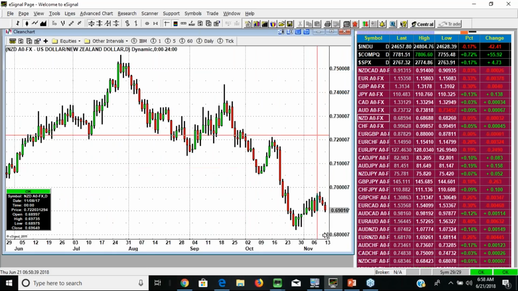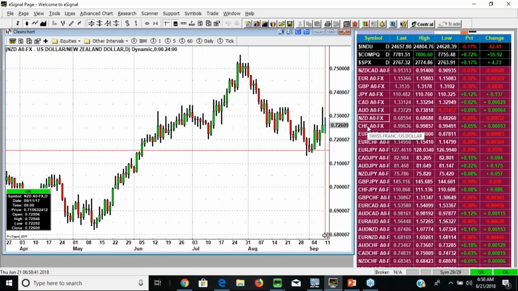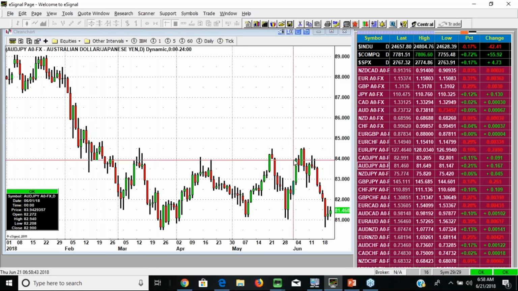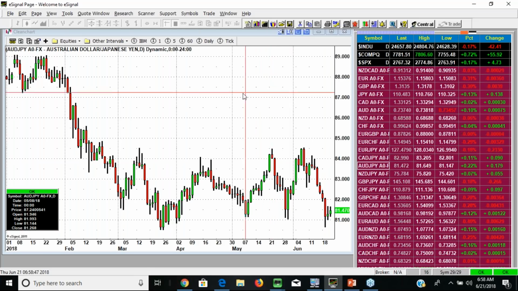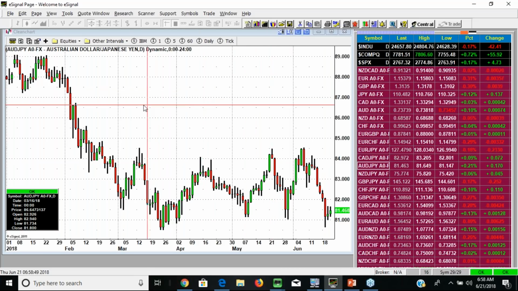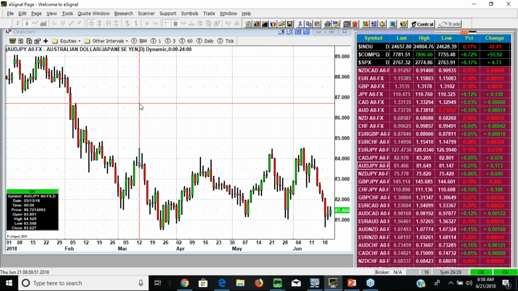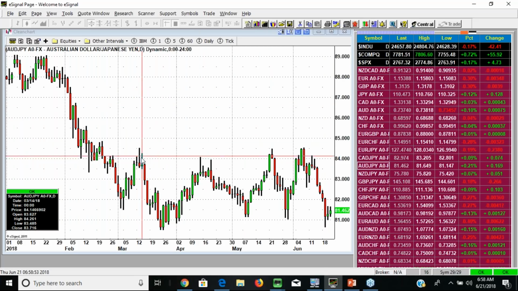Not seeing any dojis, but that's okay. We can even try some of the yen crosses, a beautiful shooting star here. Some dojis, but it takes a while. Doji, this also takes a little bit, but even if you sold this and you stopped out,